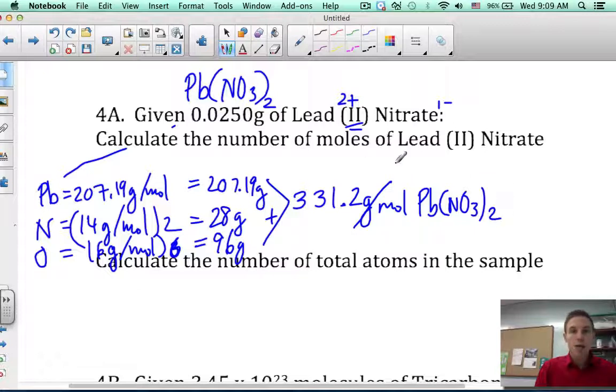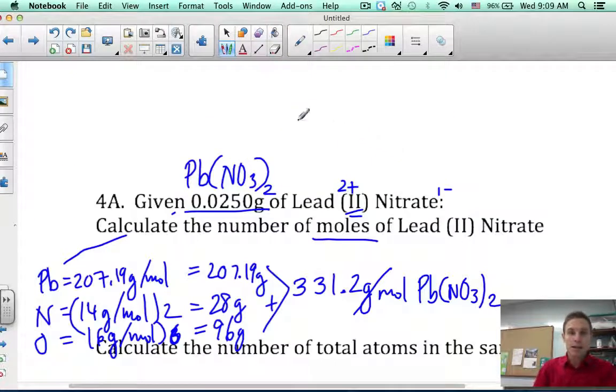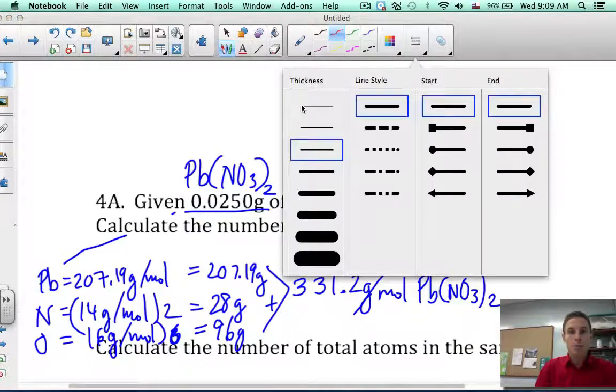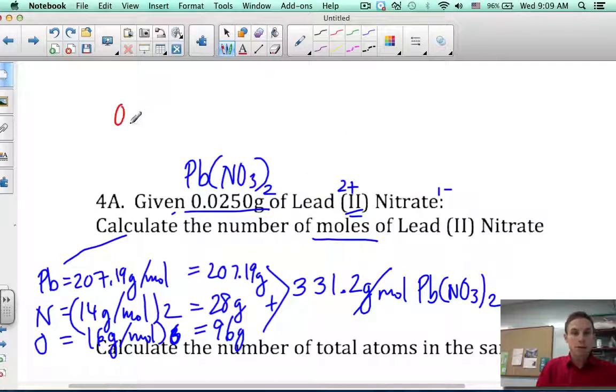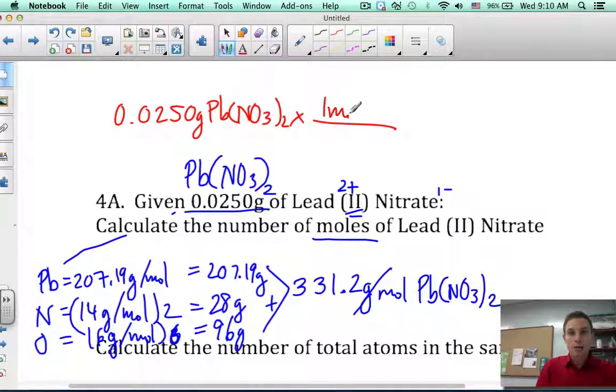And what they want to know is how many moles is in 0.0250 grams. So I take my given, I'm going to put the work up here now that I found my molar mass. I'm going to take my given, which is 0.0250 grams of lead 2 nitrate, and I'm going to multiply it times 1 mole of lead 2 nitrate over 331.2 grams. And what I'm going to get